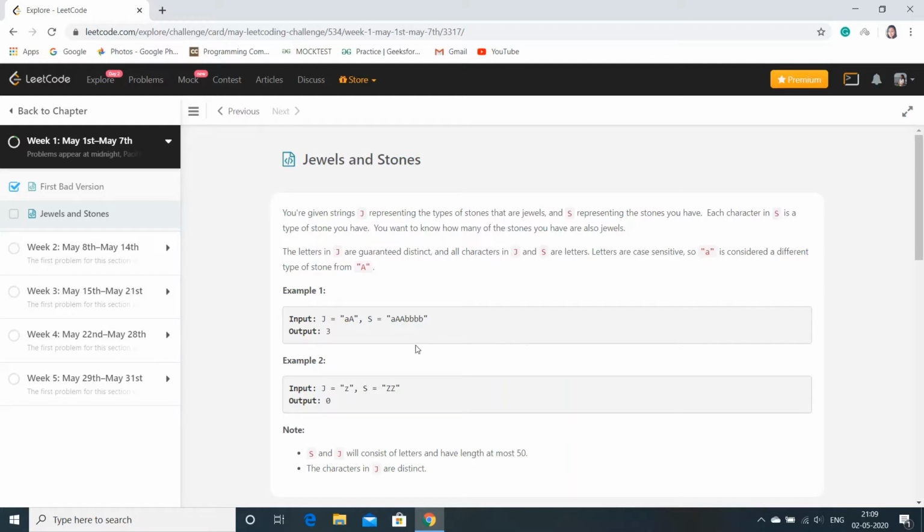So what we'll basically do is iterate through stones and check how many of the jewels are present. Now if we do it normally, then the complexity will go really high. So to bring down the complexity, we'll be using hashing over here. Now let's go to our paper and pen and check out how we'll do this.